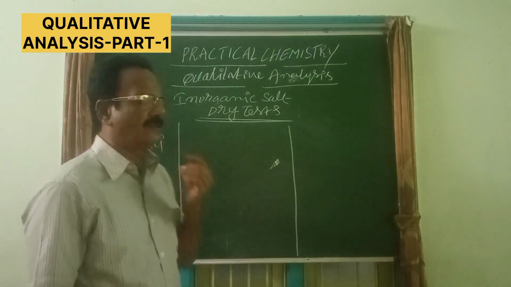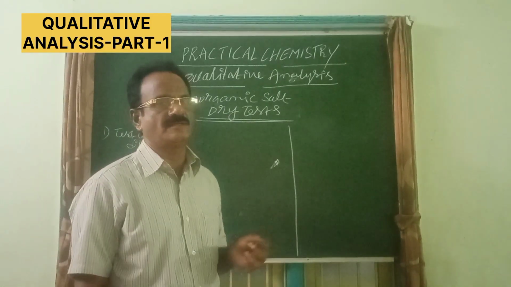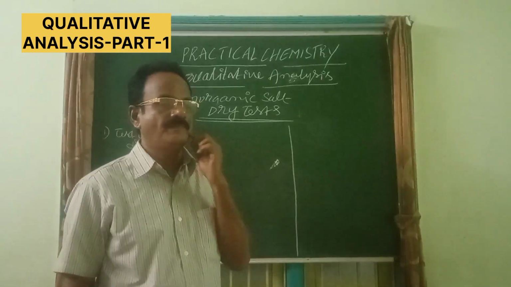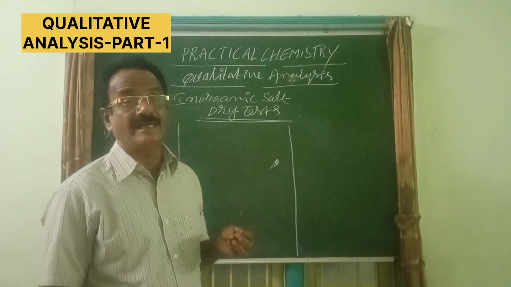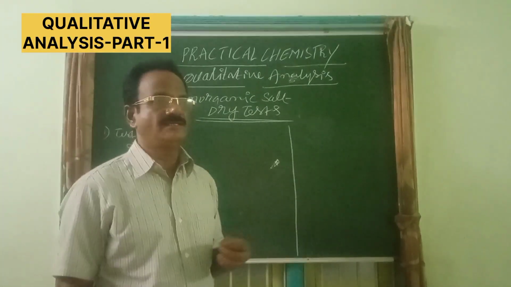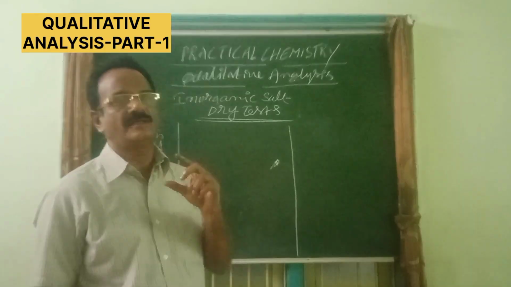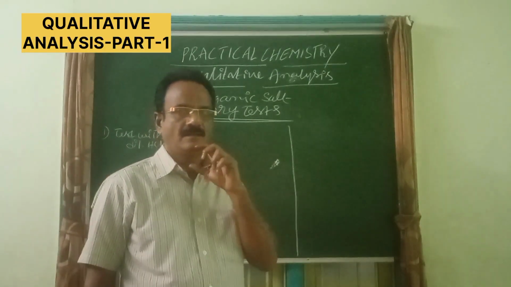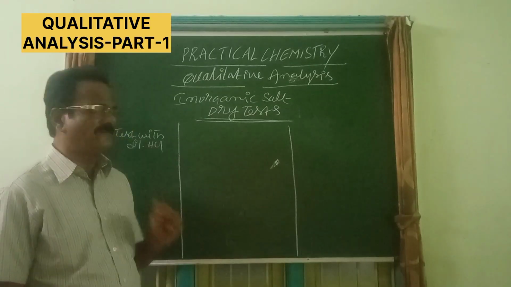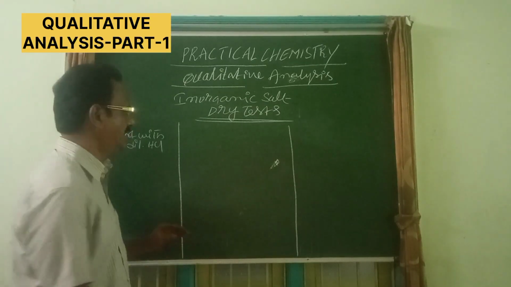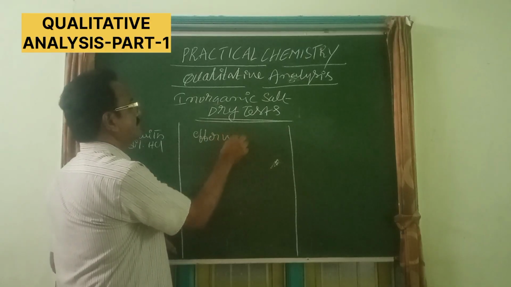Here, a pinch of salt is to be taken in a test tube, and then dilute HCl is added. The addition must be slow, then only one can observe the change. If during addition of dilute HCl, effervescence is observed,